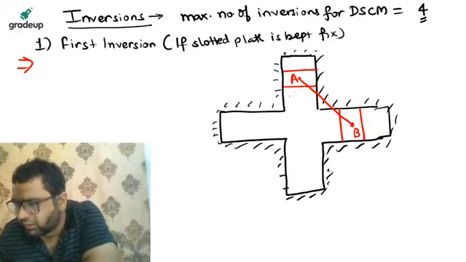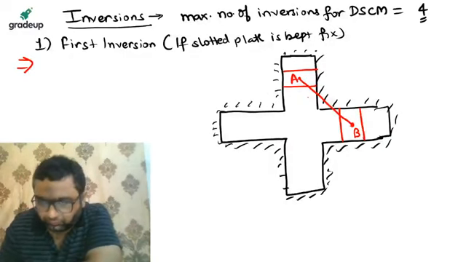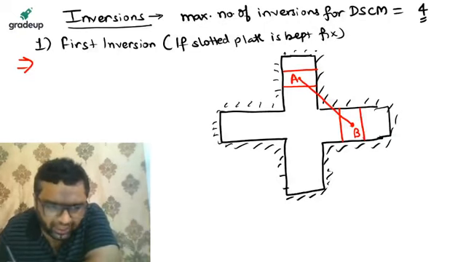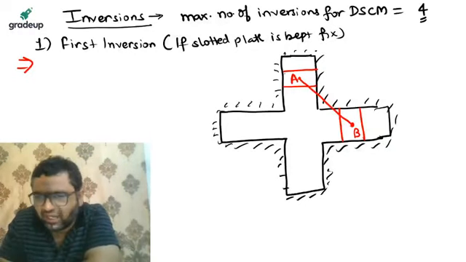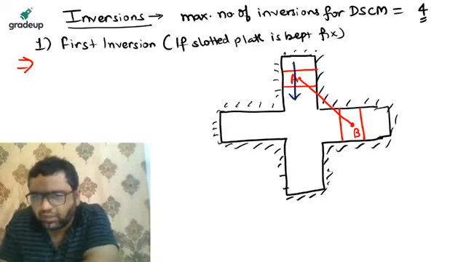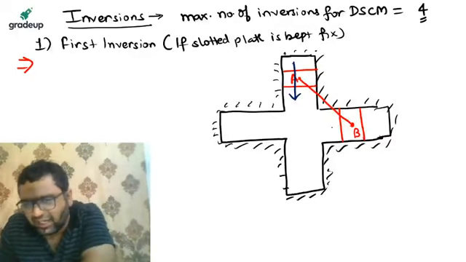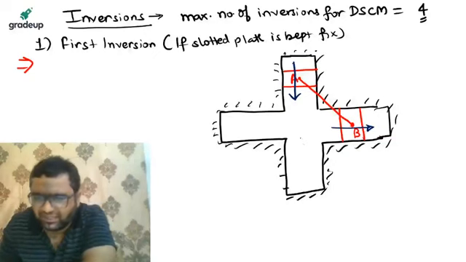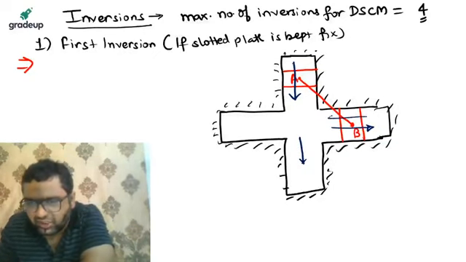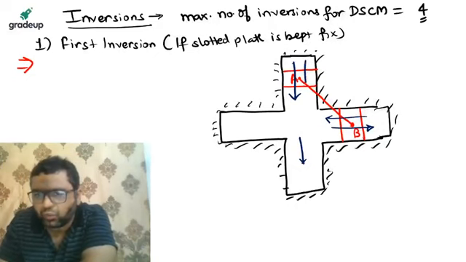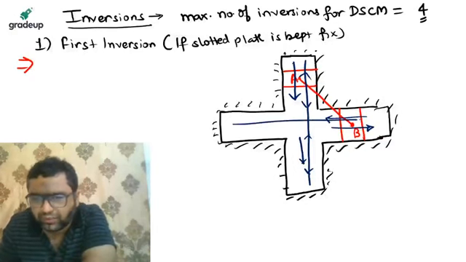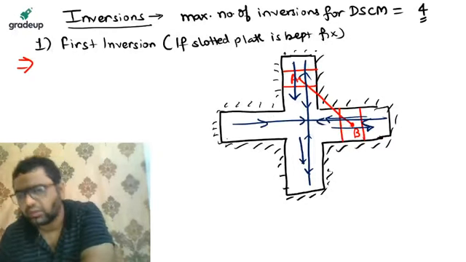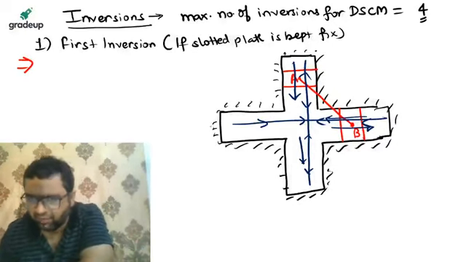Now we are going to see what kind of motion we are going to have. Here we can give input to one of the sliders. Let us say you give the motion to a slider in this direction. Then the other slider moves in this direction, and when the slider goes here, it comes in this direction. So one slider moves in this direction and the other slider moves in this direction. This way, input and output are concerned.